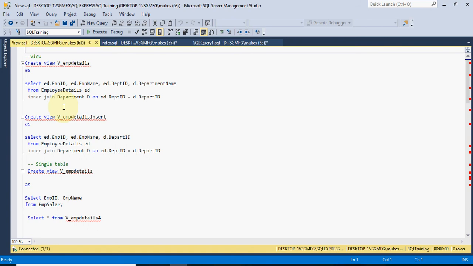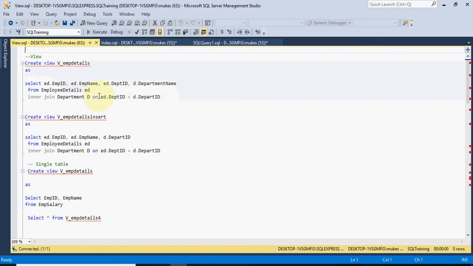So this is the syntax to create the view. Create view, view name, right? So we can put select star from view name. So a view is nothing but a virtual table.